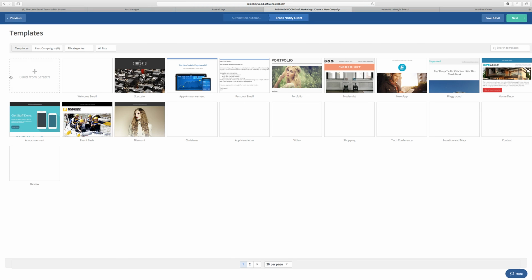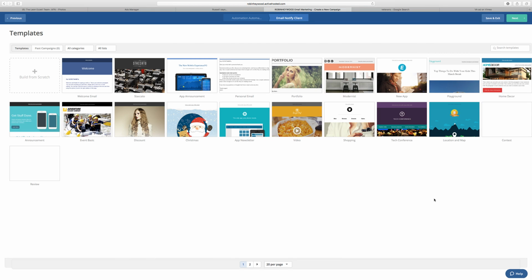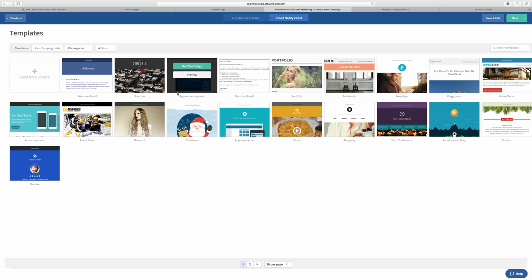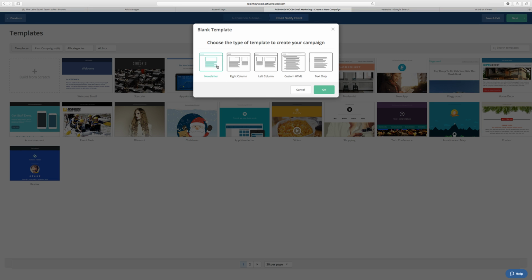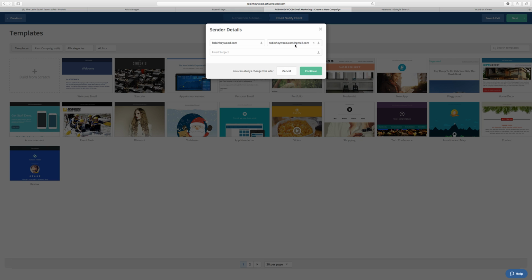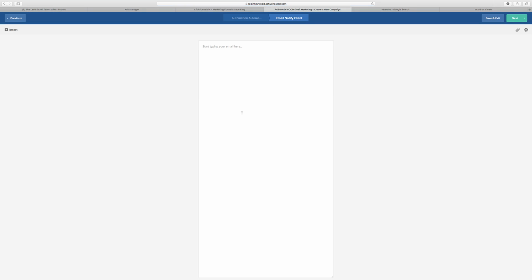Boom. And we'll just want to grab a really simple design. In fact, I'm just going to hit build from scratch, and we're going to go with text only. We really don't need anything crazy like that. So we're going to do, you have a new lead, from Robin, boom, okay. And we hit continue. So now what we're going to do is say, hey, Leon,